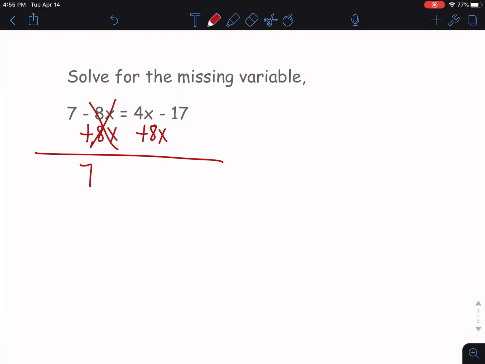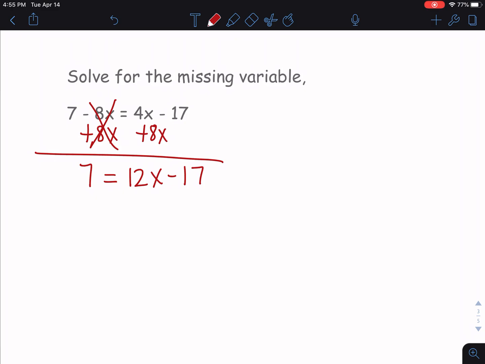I still have a 7 on this left-hand side, an equal sign, and 4x plus 8x. Those are like terms. I can combine them. That gives me 12x, and I still have a minus 17. Now, since I have done that first step of being able to move the variables to the same side and combine those like terms, I'm now left with